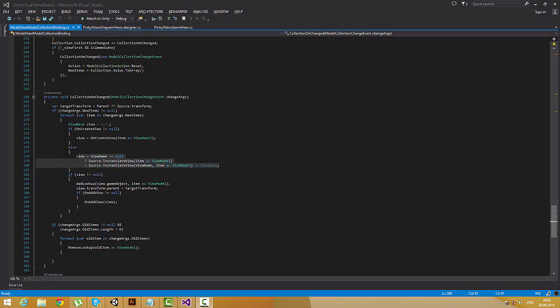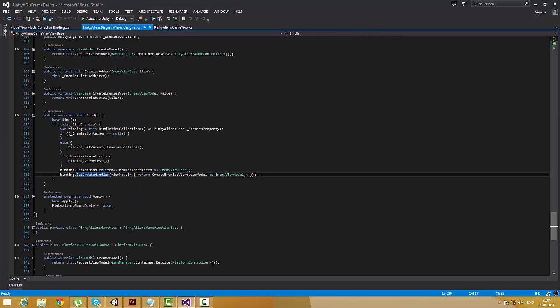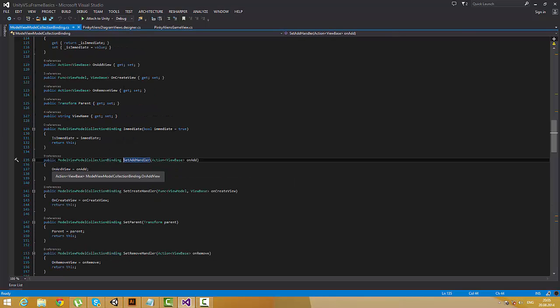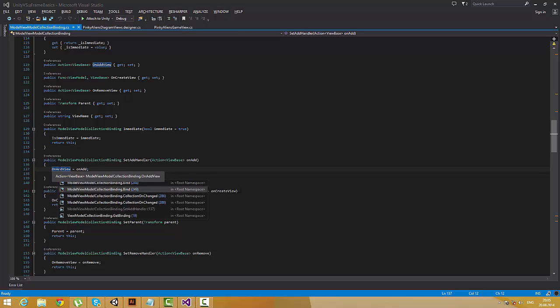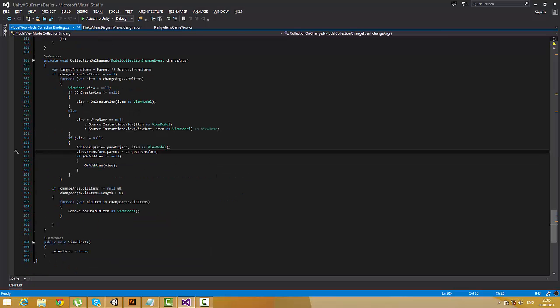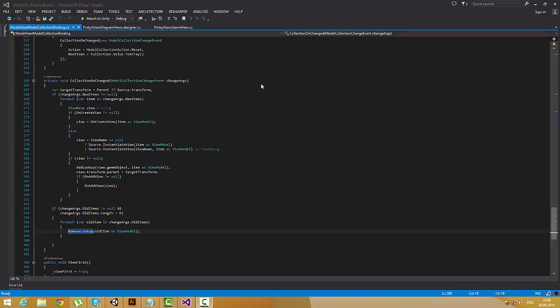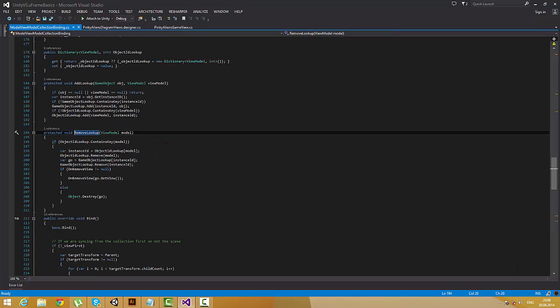So absolutely the same applies for the add handler. This one sets up the on add view property, which is again used when the collection changes and when your view gets generated using some sort of create algorithm, be it your stuff or internal. Then on add view is also checked, but it doesn't do anything if you don't specify a handler. And we know that uFrame is quite consistent. That's why you can find the remove handler as well, but it's hidden inside this remove lookup method. And as you can see,